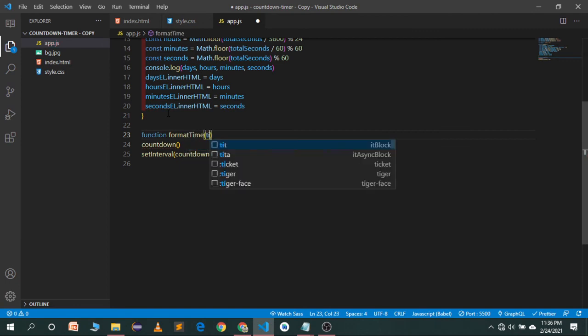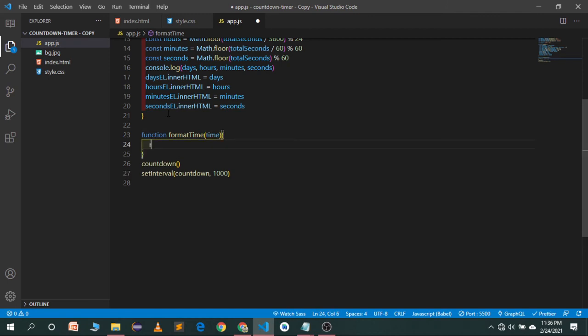We'll give it an argument of time and use a conditional statement: if the time is less than 10, we'll use template literals, 0 and then the dollar sign, and in these brackets we will write time, otherwise it will be time.